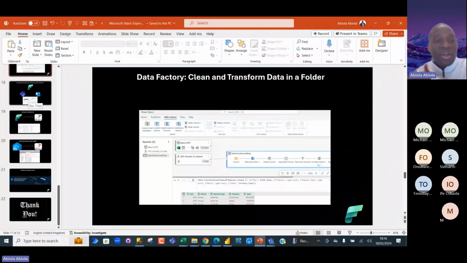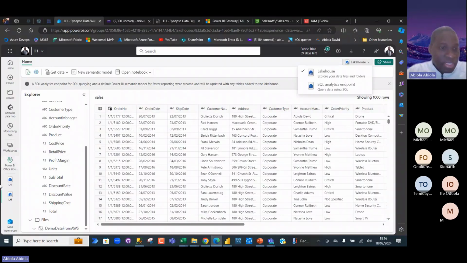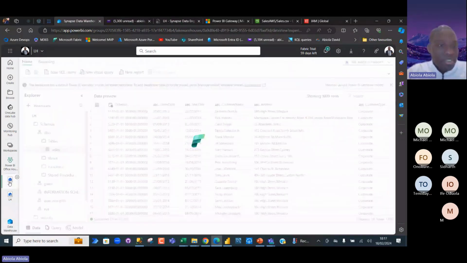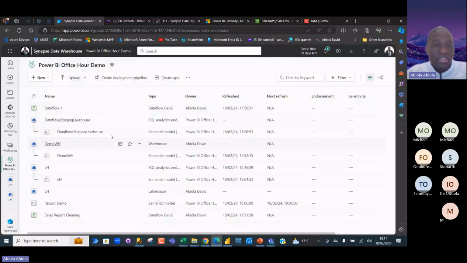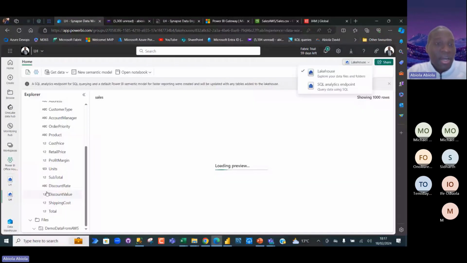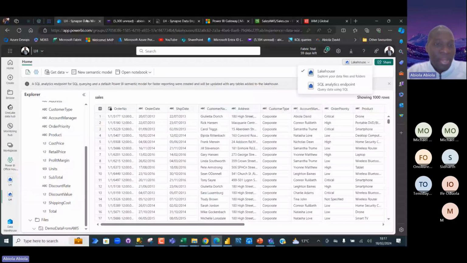Now, we can easily create a data pipeline to get data from maybe sample data or even from any of the items or even from different workspaces. So I'm going to go back to my browser. So when I go back to the browser, I'm going to come here to the lake house. Okay, now I'm going to come to the same lake house that I created. I can even get data and use the data pipeline.